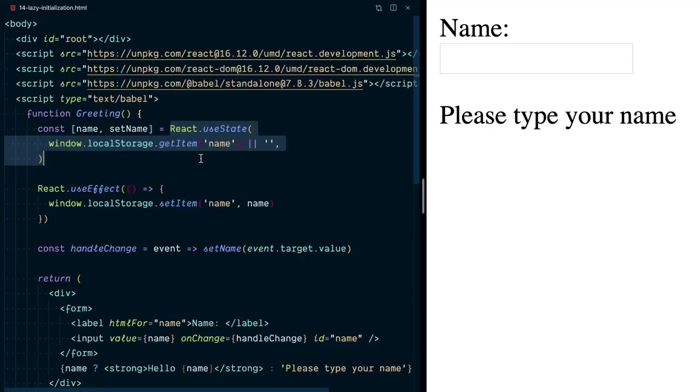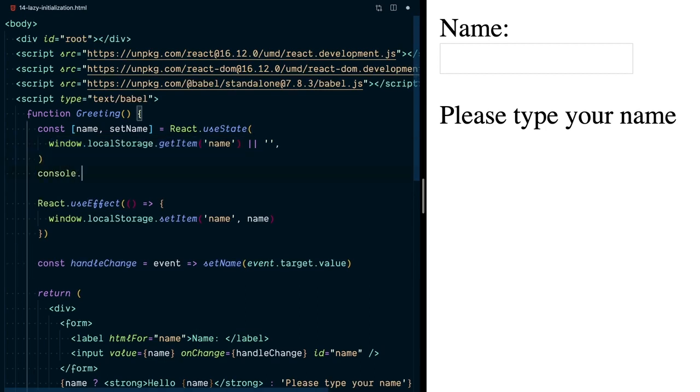One thing that's important to know about the useState hook is that the initial value you provide here is really important for the initial render of our component, but then it's ignored for renders of our component thereafter. That's normally not a problem, especially if you have just an empty string here, but here we're reading into local storage every time our greeting component is re-rendered,